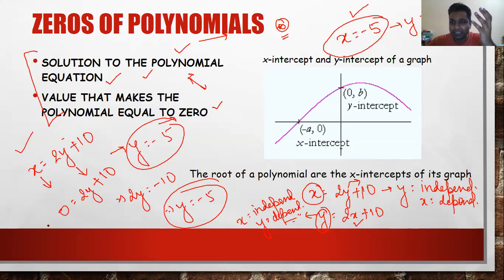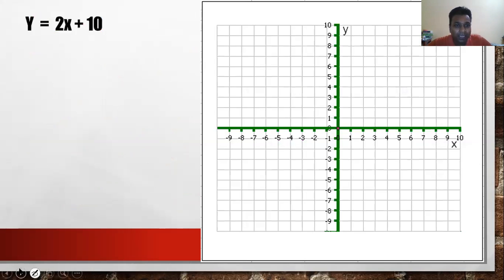See, actually maths and science, or basically physics, all these things are your common life examples. Whenever you take this as a common life example, then it is very easy to understand all these things. Okay, so now coming toward the solution in a graphical manner. I have taken this example in the previous one so as to make the things easier for you to understand. Now again, I'll do the same thing here.